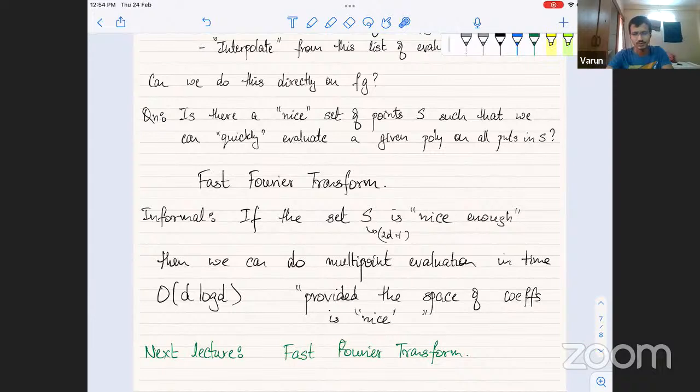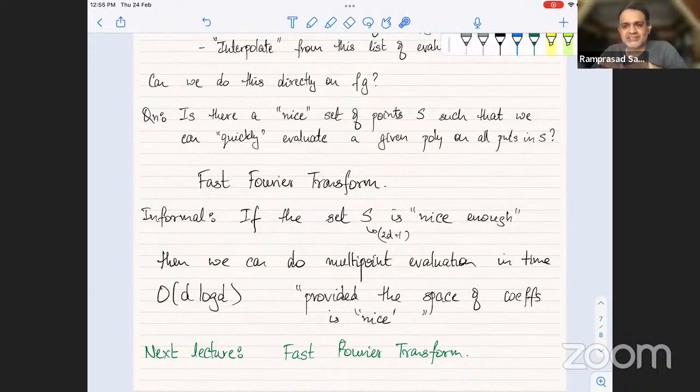I think I should have known this before, but what is the best we can do for polynomial multiplication? So order d log d. The lower bound, like easy to say. So that we don't know yet. I mean, it's widely believed that d log d is a lower bound for polynomial multiplication, but